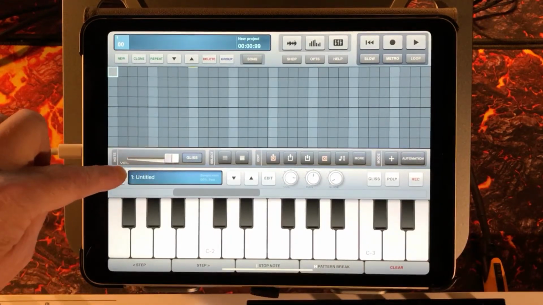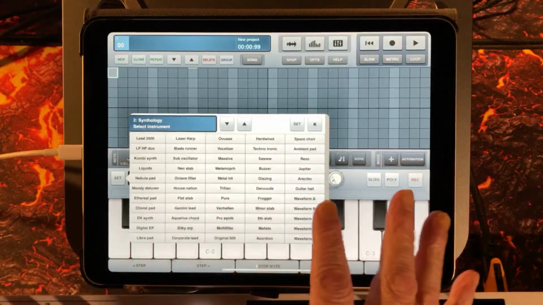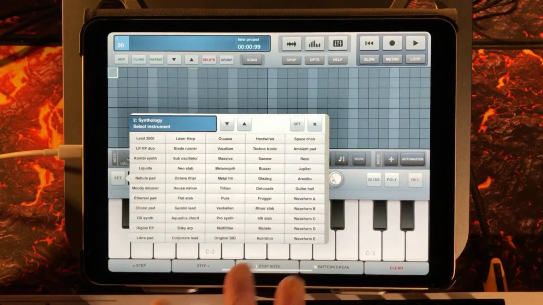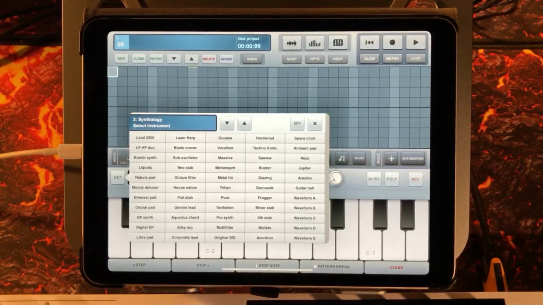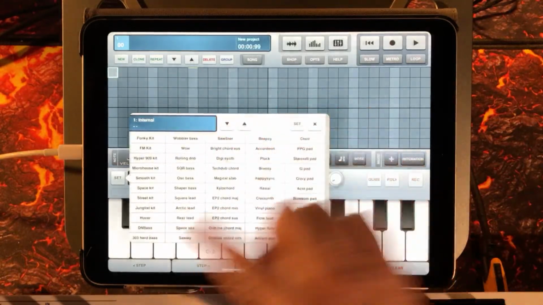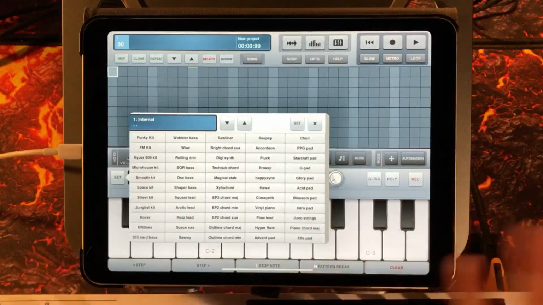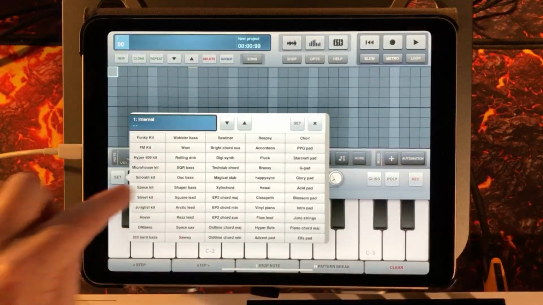So just tap set here, and at the moment I have all the IAPs installed. Now the app costs a ridiculous £2.49 to buy, and then the IAPs are like £1.49, and there are tons of them. There's probably about 8 or 9 different complete sets here. So we get the internal one you get when you buy the app for £2.49, and you can sample the sounds just by